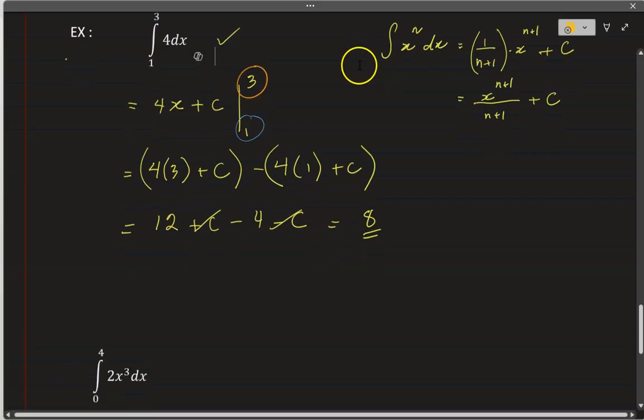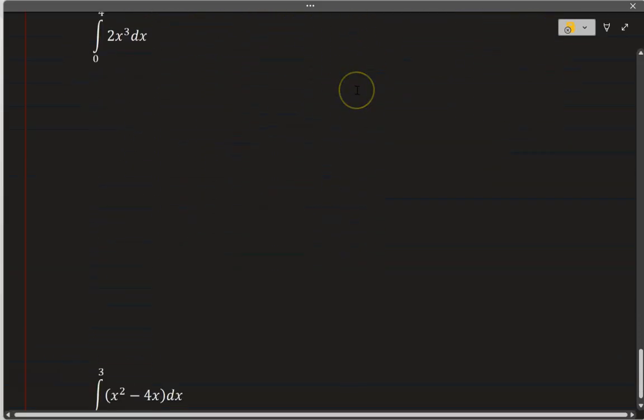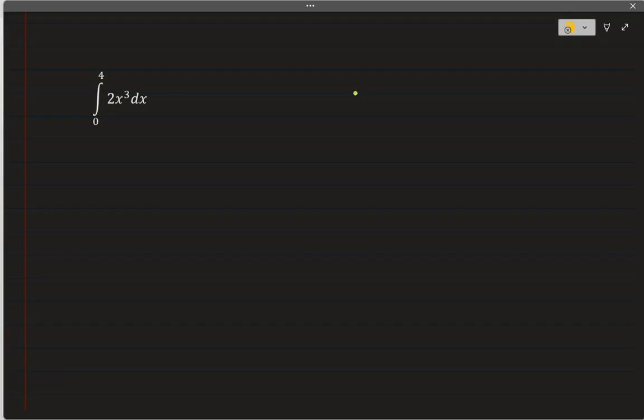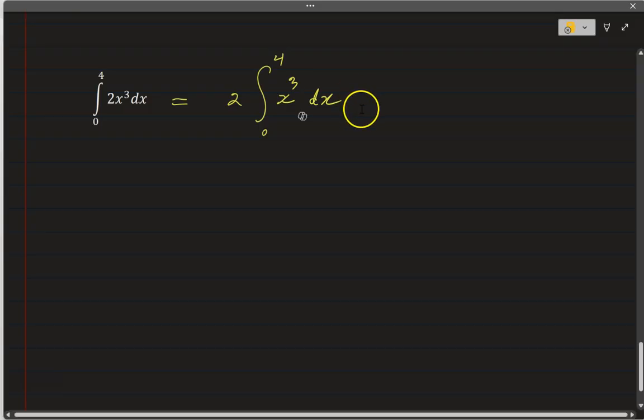All right, let's look at the next question. This time, we don't even need to worry about c anymore, but let's go ahead and do that. Remember, we're going to use the form. So remember, 2 is out. We're going to take the 2 out. We're going to do the integration of x cubed dx within the boundaries between 0 and 4, the lower limit